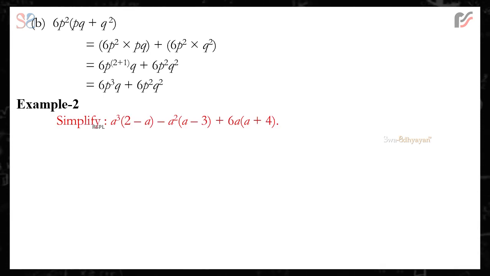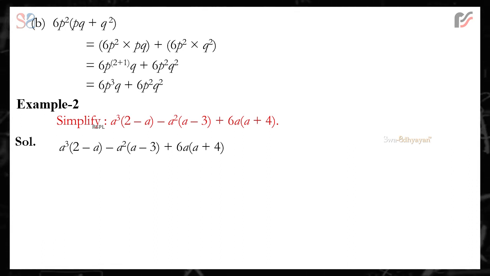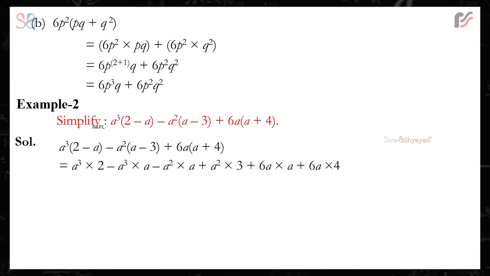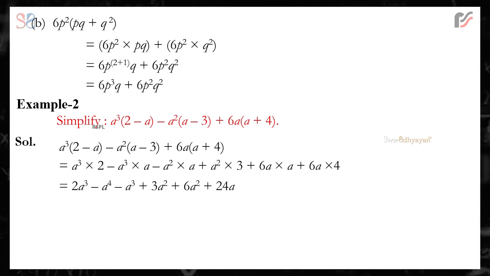Example 2. Simplify a cube into (2 minus a square) into (a minus 3) plus 6a into (a plus 4). Solution: a cube into (2 minus a square) into (a minus 3) plus 6a into (a plus 4) is equal to a cube into 2 minus a cube into a minus a square into a plus a square into 3 plus 6a into a plus 6a into 4, which is equal to